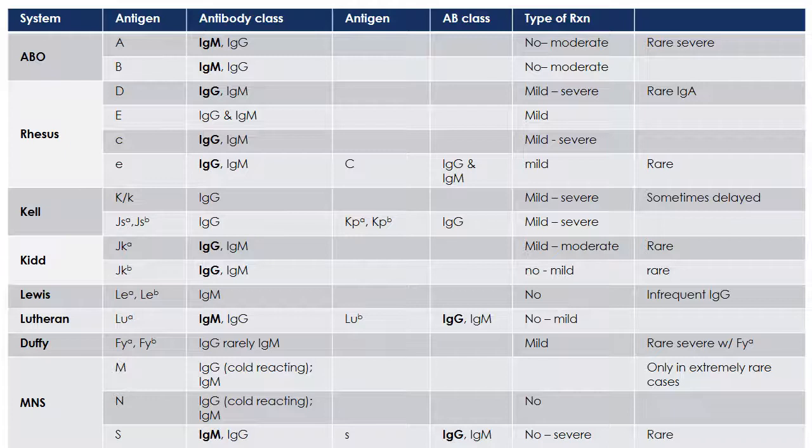Okay, so for example, we know that the class of antibody produced against the ABO blood types is IgM. So if all the mother has is IgM antibodies against A and B, then no, it's not going to cause HDFN. But you can see that on the chart it says no to moderate, and that's because you can become